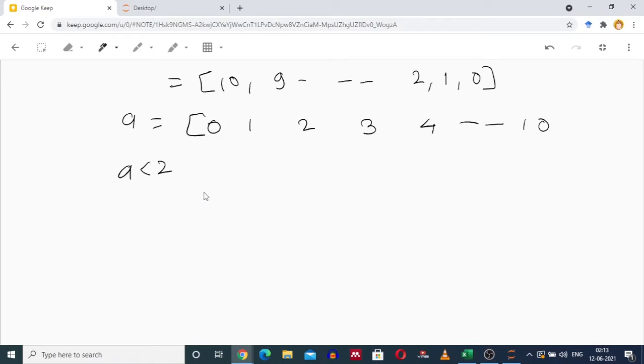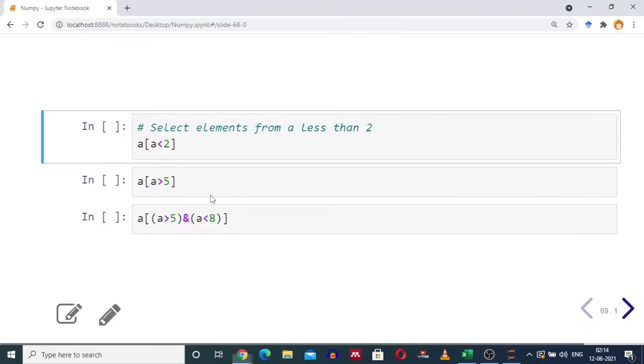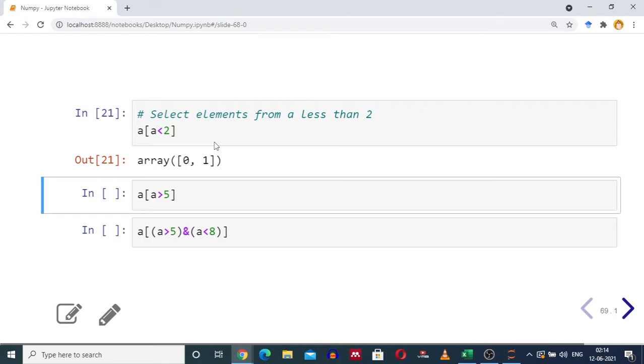Condition is A less than 2. So 0 less than 2, it will be in the result. 1 less than 2, it will be in the result. 2 less than 2, condition does not satisfy. So your output will be 0 1. Moving back and checking the output, 0 1.